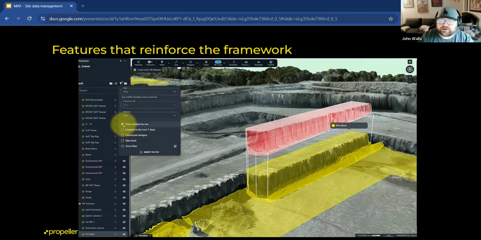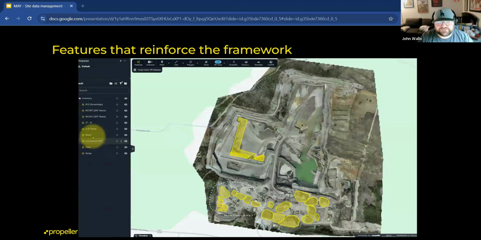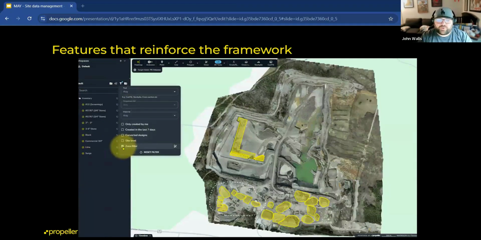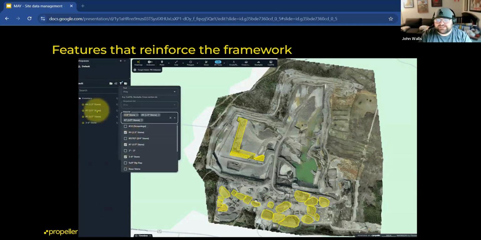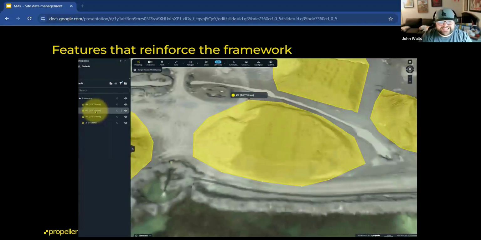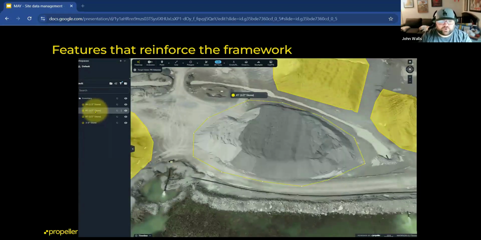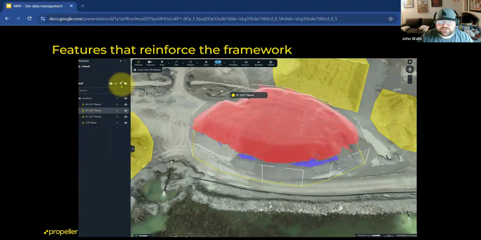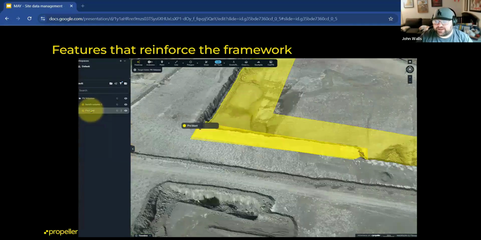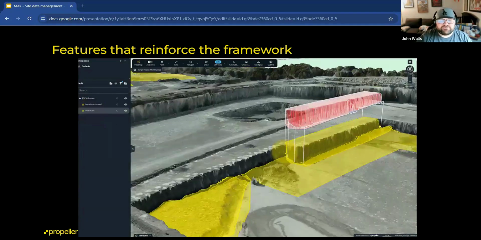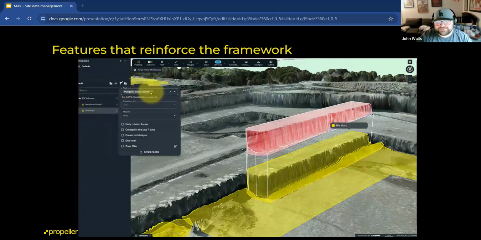So again, great for aggregate customers with dozens of piles on site. These features aren't just bells and whistles. They only work when paired with intentional project setup. Organizing projects into groups, building out your folders, and setting access from the beginning keeps your team focused and reduces that rework. And while none of these tools alone will change the world, together they eliminate the death by 1,000 paper cuts. That's steady, intentional data discipline and the kind of buy-in that Cole Palmer inspires that helps teams